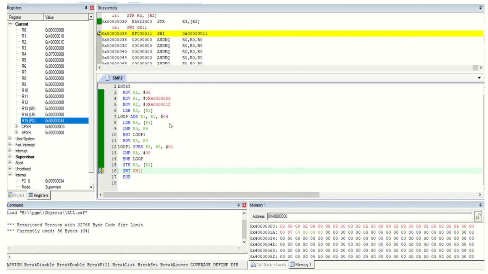Like this we have to change for the smallest number also. Only one line you have to change for this. BHI, instead of BHI we are using BLS. Only one line you have to change. Here branch if high, there we have to use branch if low. Only that change we have to do in this program and that program. This is the highest number program, another program is the lowest number.